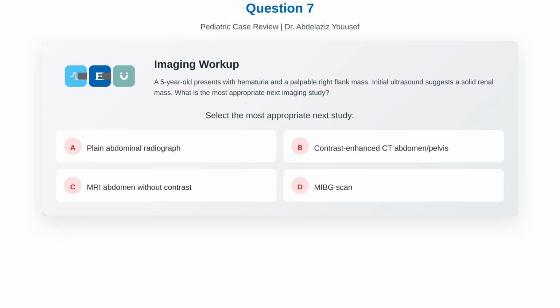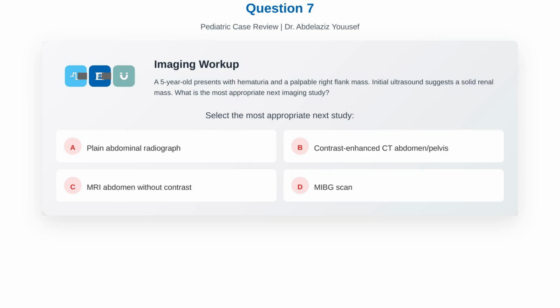A 5-year-old presents with hematuria and a palpable right flank mass. Initial ultrasound suggests a solid renal mass. What is the most appropriate next imaging study? Option A, plain abdominal radiograph. Option B, contrast-enhanced CT abdomen/pelvis. Option C, MRI abdomen without contrast. Option D, MIBG scan. Consider the clinical presentation, the initial ultrasound findings suggesting a solid mass, and the need for